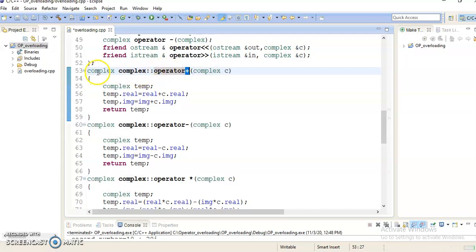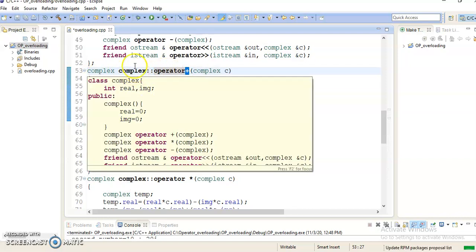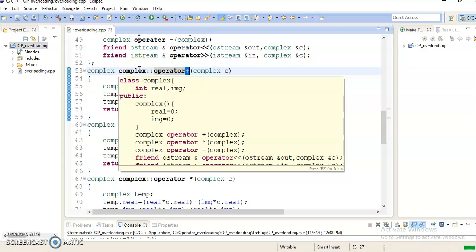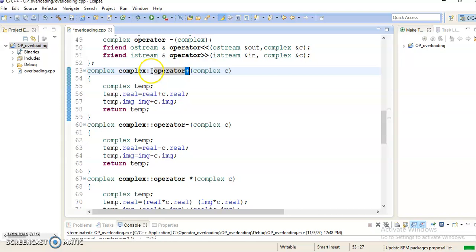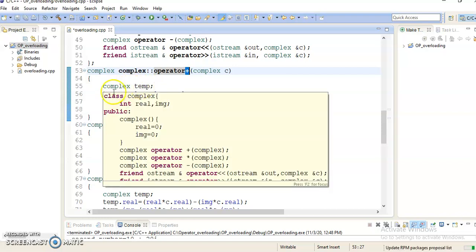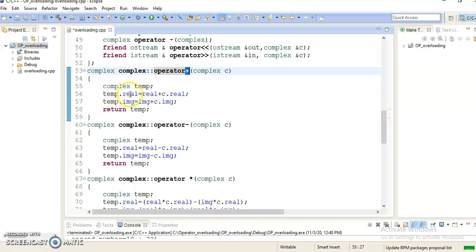So see here, complex is the return type, a class. How to define a function outside the class? Return type, name of the class, scope resolution operator, then here operator plus, complex C. Now with respect to addition of complex numbers, generally the real part will get added and the imaginary part will get added. So we have created one temporary variable over here, an object of complex, and temp.real is equal to